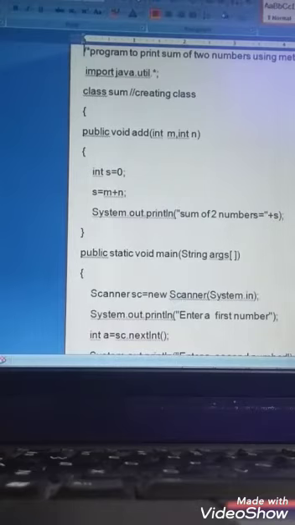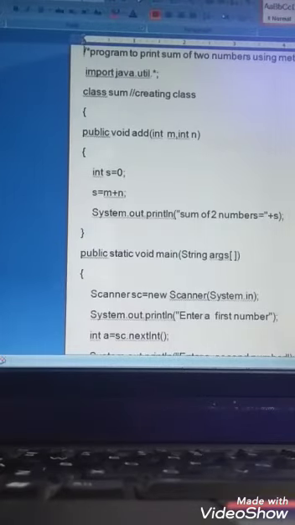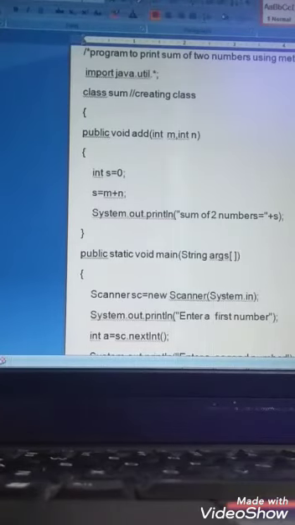First of all, earlier when we were not using methods, we had to write the code segment again and again. Suppose we have to add two numbers: we take variables a and b and add them, then again we take variables m and n and add them. So we have to write the steps again and again, which increases the time, the number of variables and the coding, and occupies more space.